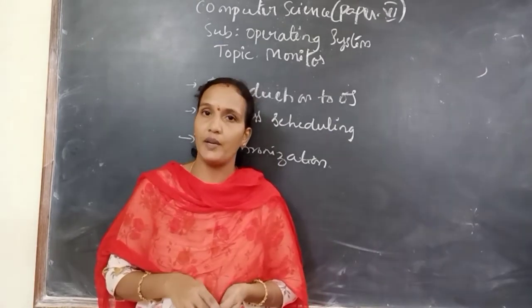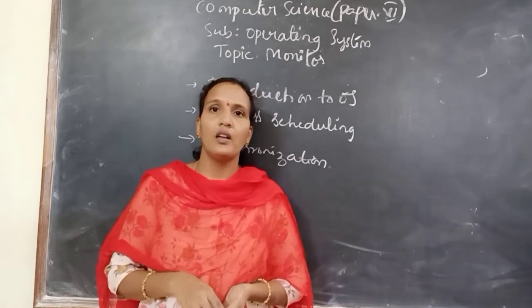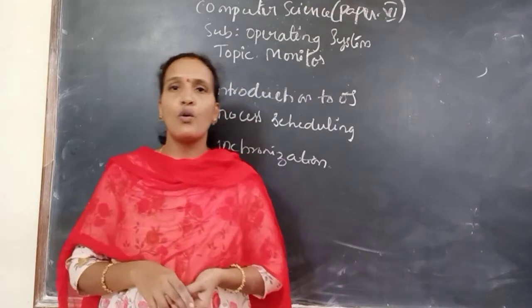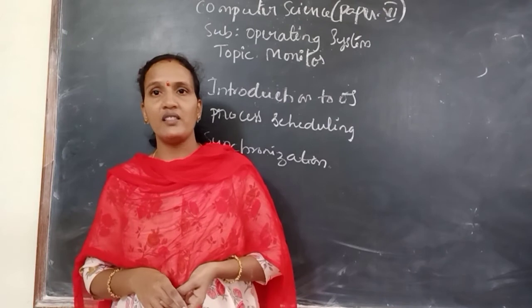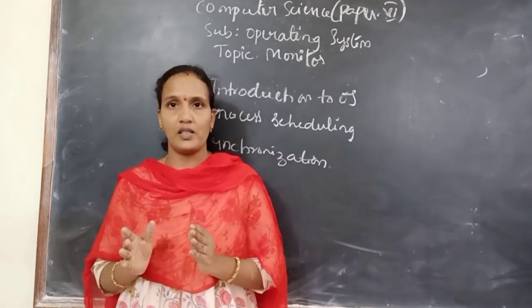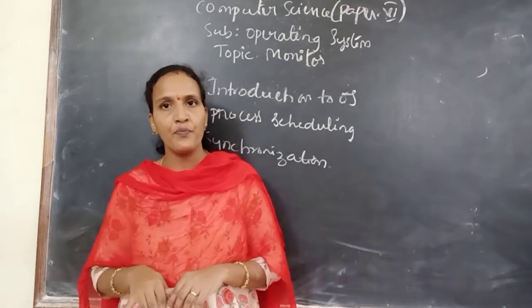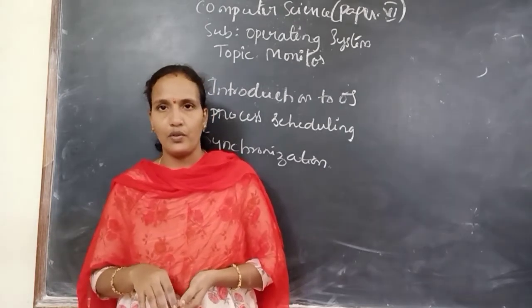The critical section can be achieved using different techniques. I have already explained Peterson's solution and locking with key. Semaphores I have also explained. In semaphores, we maintain one non-negative integer value, which maintains the state of the critical section. If it is 1, there is no process inside the critical section. If it is 0, one process is running inside the critical section and the other process needs to wait. That is a semaphore.